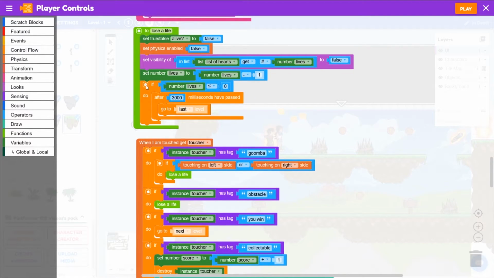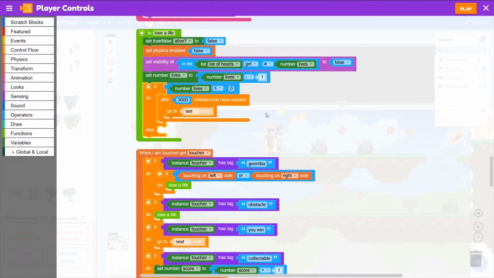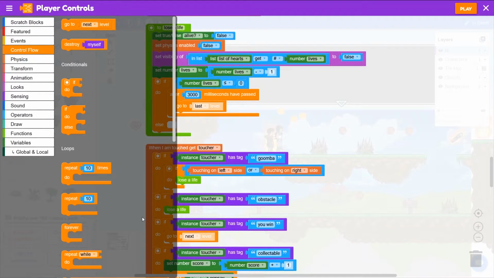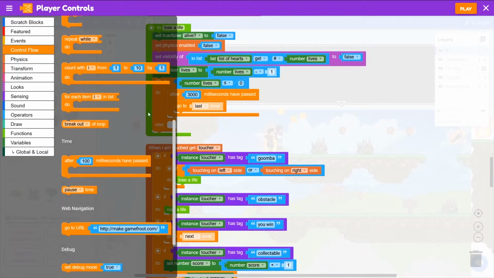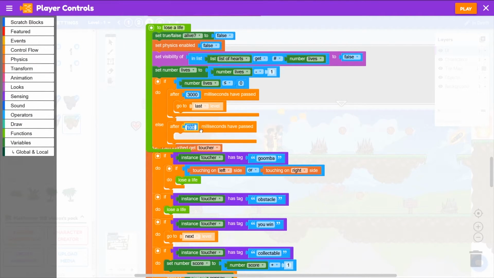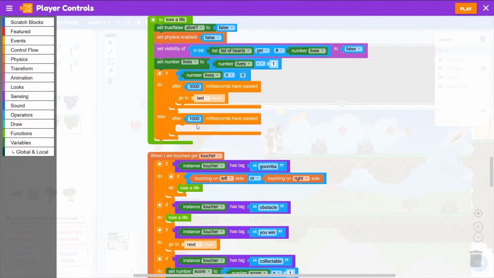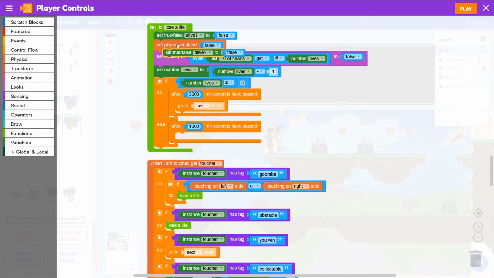But what we can do is update this if to an if else, and if they don't have less than or equal to 0 lives, so if they still have some lives, we will make them respawn after 1 second. So let's go to control flow and grab after 1000 milliseconds, and we will set alive to true,